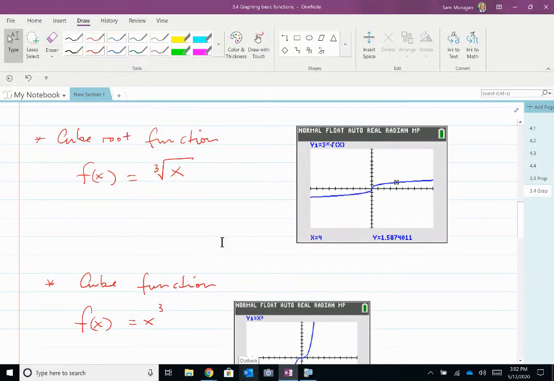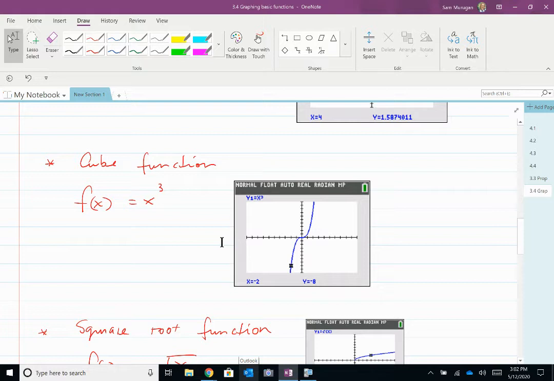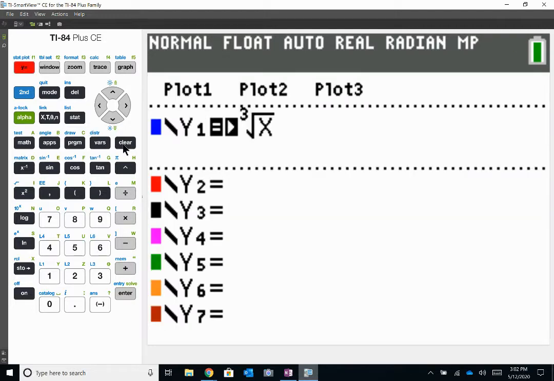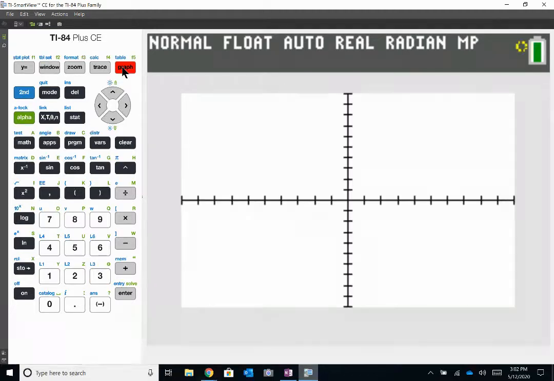Next, we're going to consider the graph of the cube function, which is y is equal to, or f of x is equal to x cubed. And notice the cube root function is sort of a flattened S. Now let's look at the cube function, which is x, the caret button, and 3. And this is sort of a backwards turned S shape,